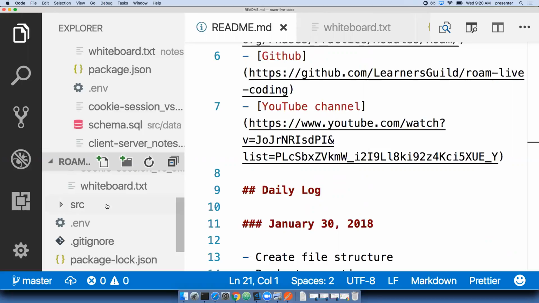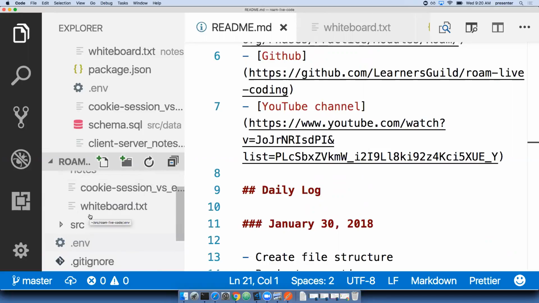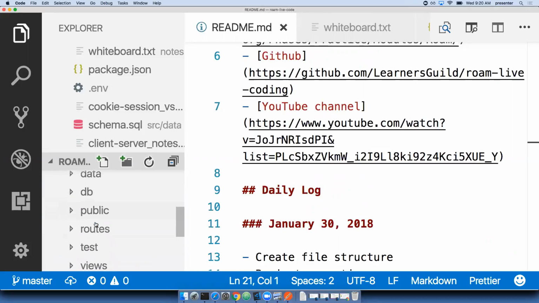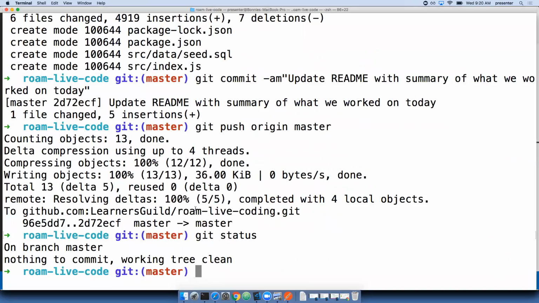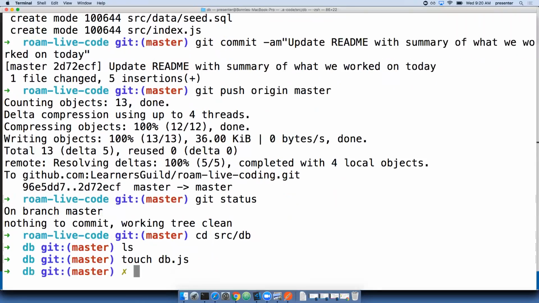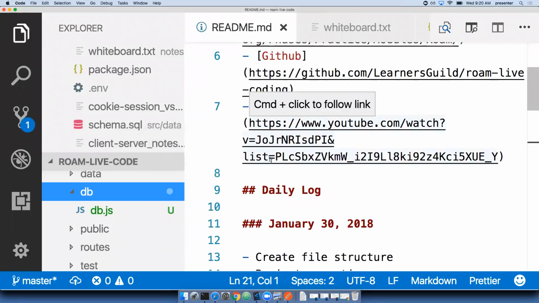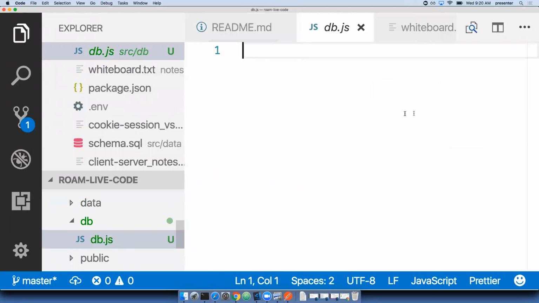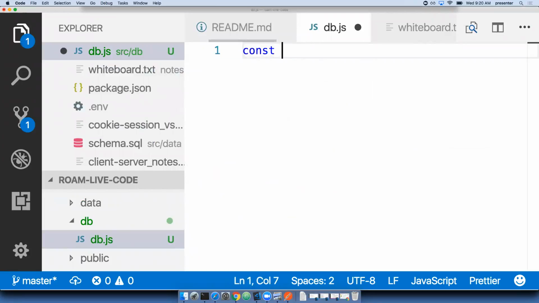So, in source, we have our db directory. And in the db directory, let's make a db.js where we'll set up our connection. And so, the first thing we'll do is const